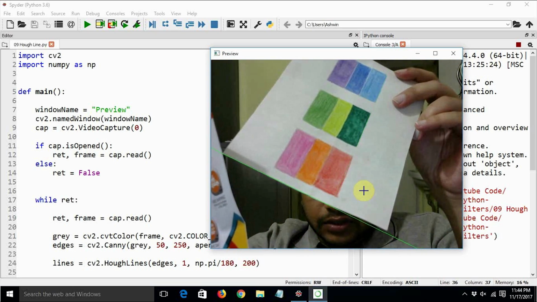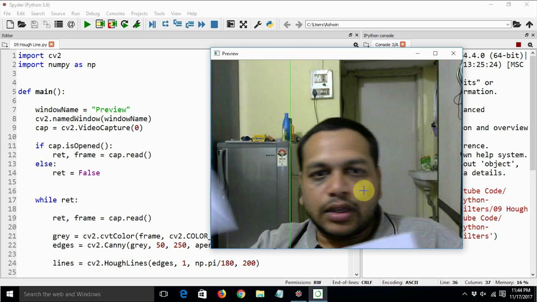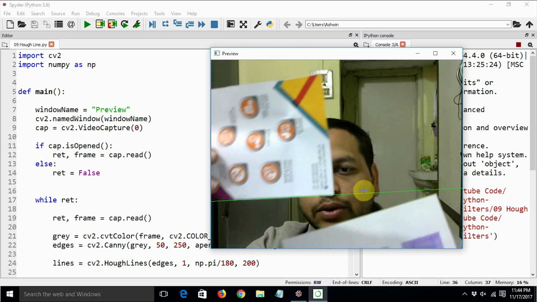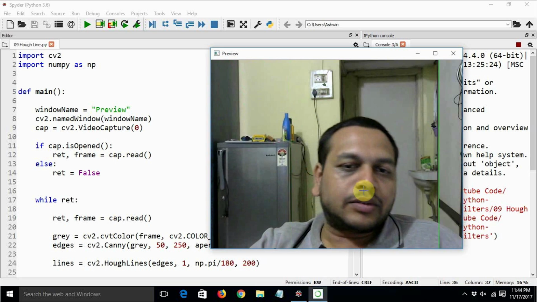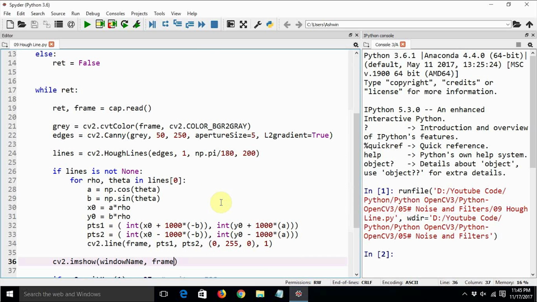And as you can see, multiple lines in the same window. And let's try to see if we can modify this program more. If there is any way to improve this program, let's see if it is possible.